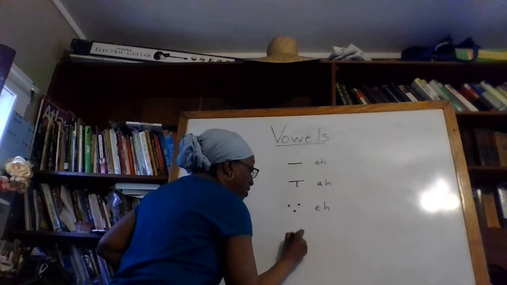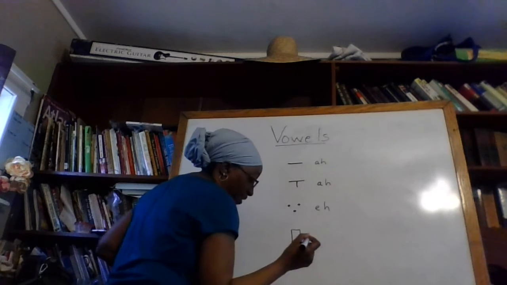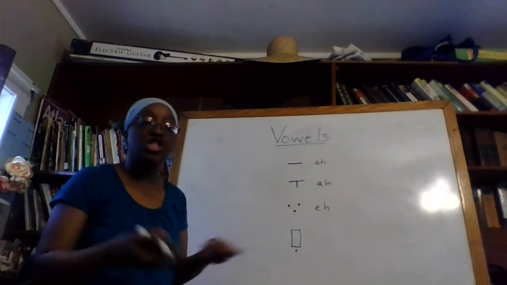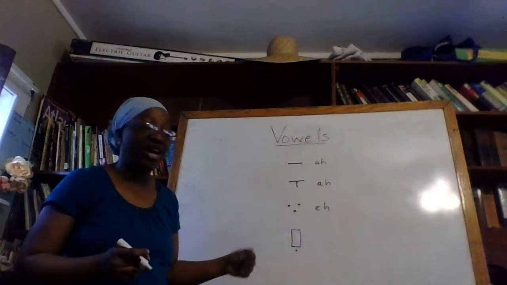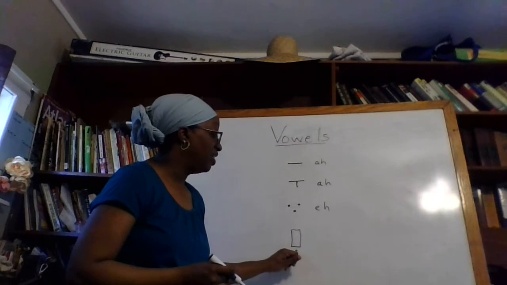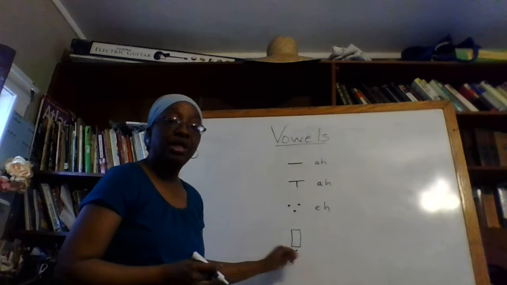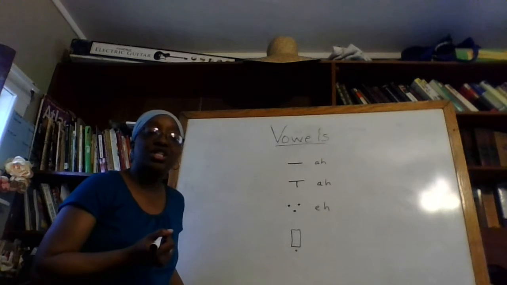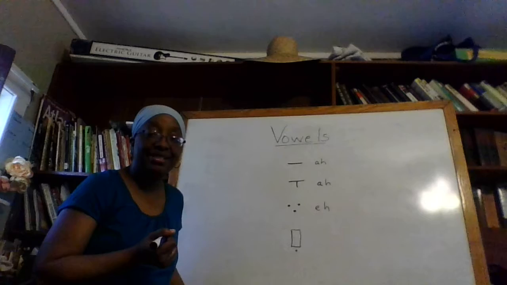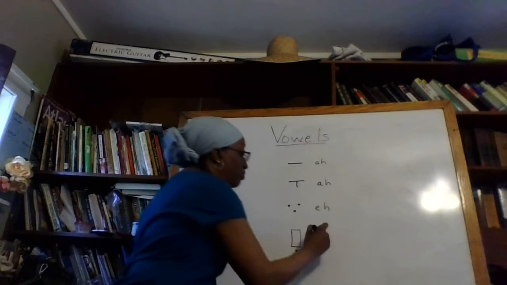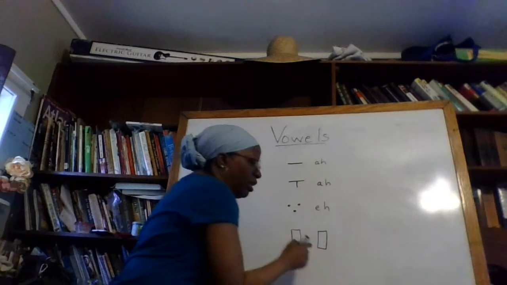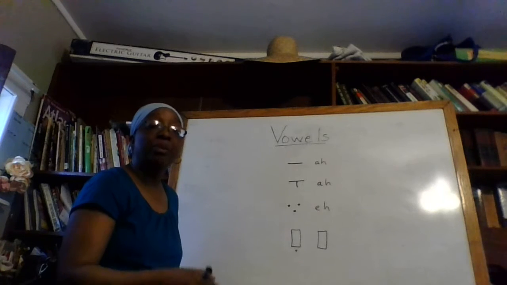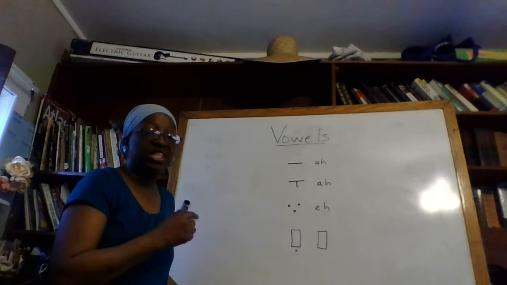I'm going to just draw a box so you can see the placement of the vowel. So let's pretend this box is a letter. I'm just using it right now to position the vowel. So if this dot is under a letter, it makes the ih sound. I'm just using the boxes so we can have the correct placement of the vowel. But what you'll be seeing are these vowels